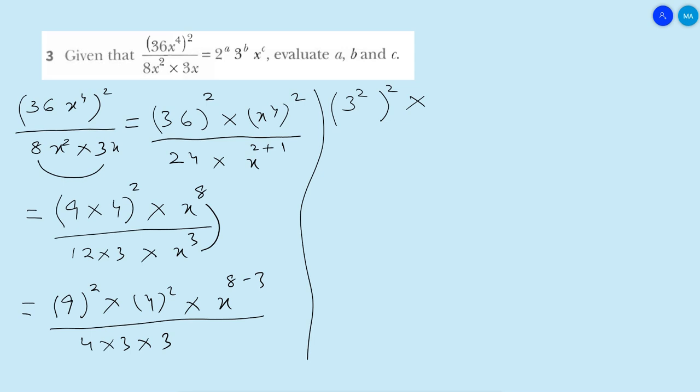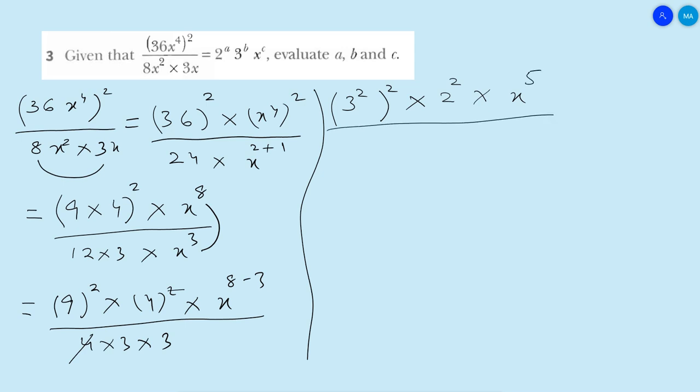This is 4. We can cancel this 4 square by this 4. So cancel this 4 by its square and write this 4 in terms of 2 square. Okay, into x to the power 8 minus 3 is 5